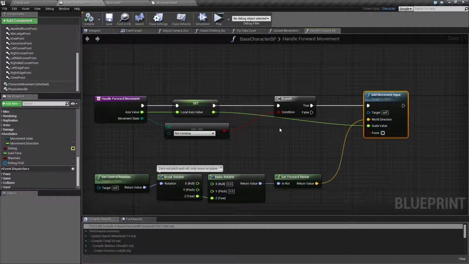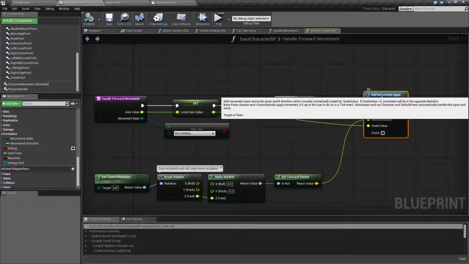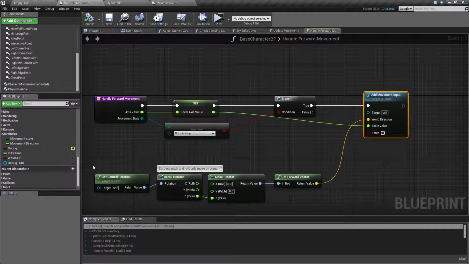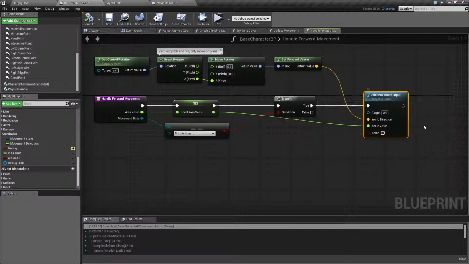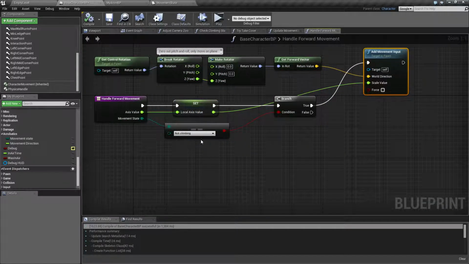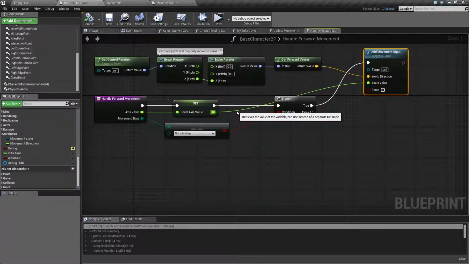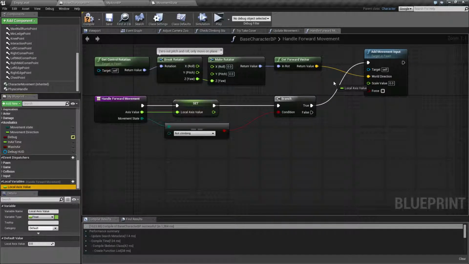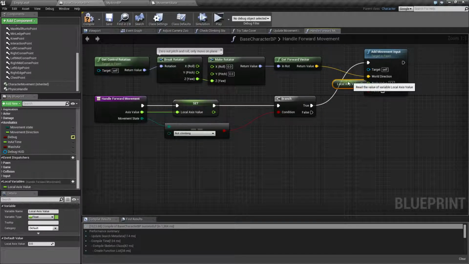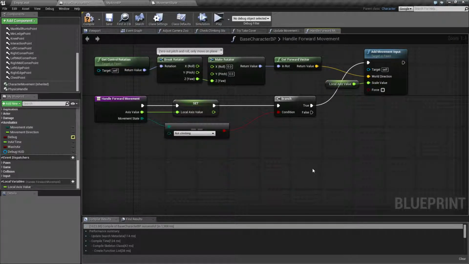So if we're not in a climbing state, then we'll just use this normal movement. So let's start off by putting something in, let's make a little bit more space, and actually let's disconnect this one because it annoys me when we have these lines going all the way around. So let's put this one here, and we're gonna use the, okay, so if we are in